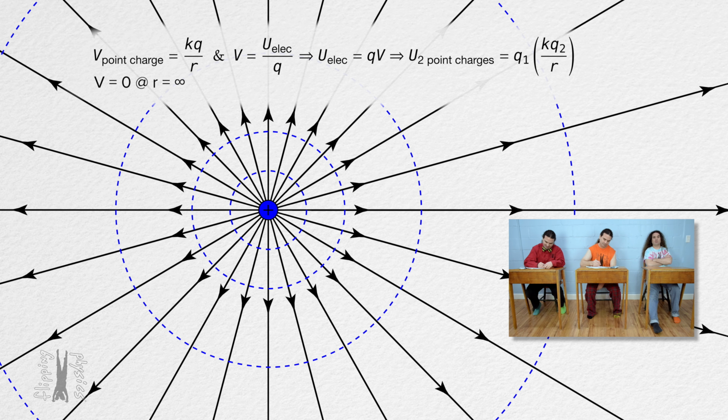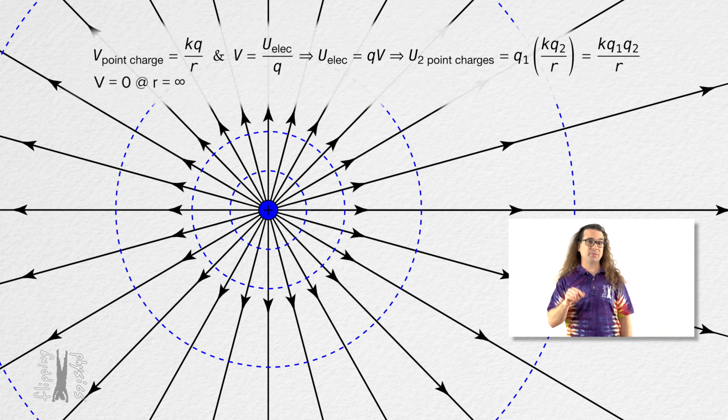Substitute the equation for the electric potential of one point charge, and we get that the electric potential energy of two point charges equals the Coulomb constant times charge 1 times charge 2, all divided by r, the distance between centers of charge of the two charges. Realize, because electric potential and electric potential energy are scalar values, determining those values for multiple particles uses superposition. You just add all the values together.